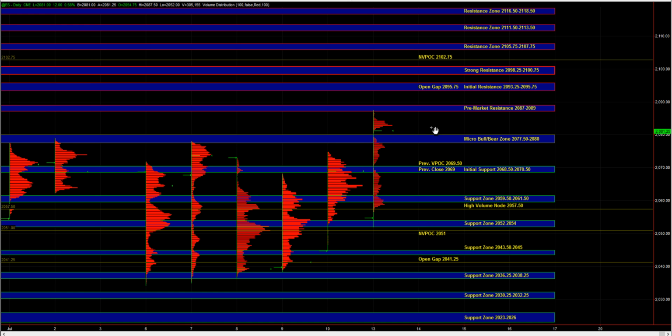So off the open, the main idea to keep in mind is that above the micro bull bear, the buy side is dominant. So any shorts taken above the micro bull bear, especially near the micro bull bear, are going to be a bit more risky. It's better to wait until the market actually hits a key resistance area if you're going to short this market,